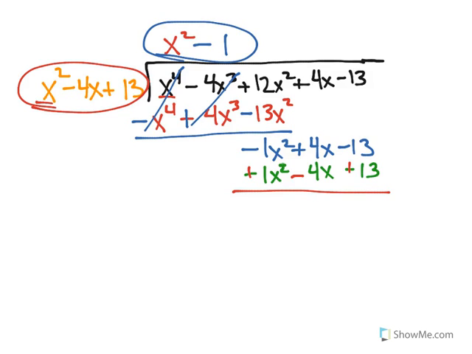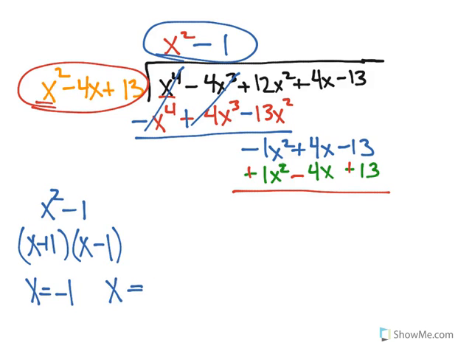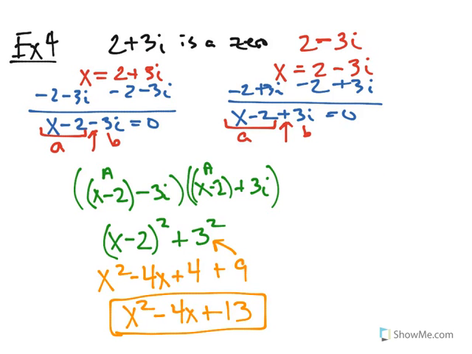So when I factor that, that's a difference of squares. So the x squared minus 1 gives us x plus 1 and x minus 1, which means x equals negative 1 and x equals 1. So there's 2 of my solutions, and the question is, where's the other 2? Well, you were given those originally. Remember, we were told that 2 plus 3i was a 0, so there's a third one,